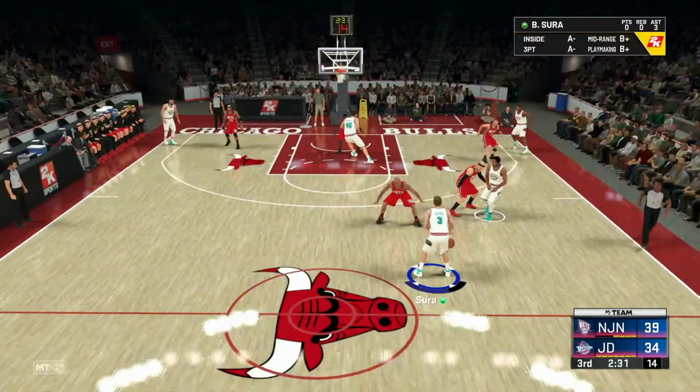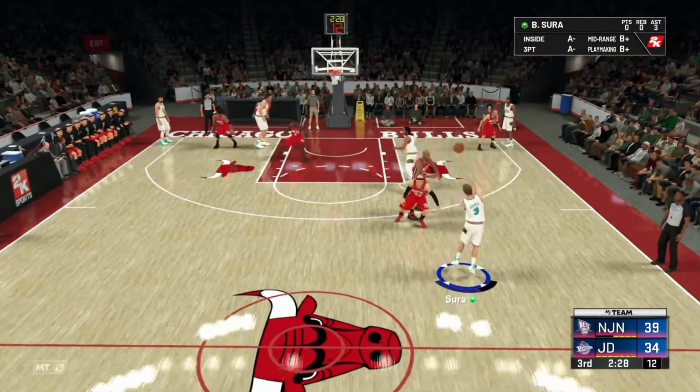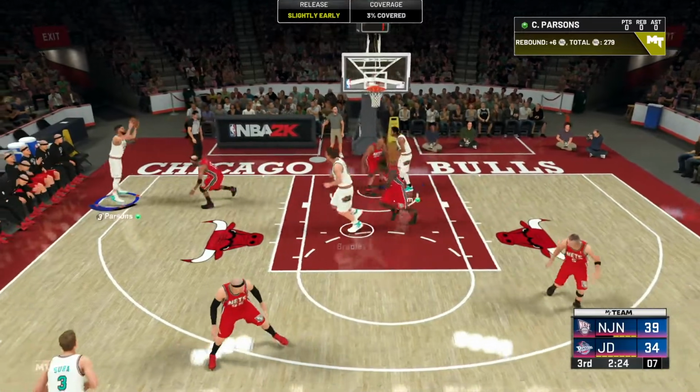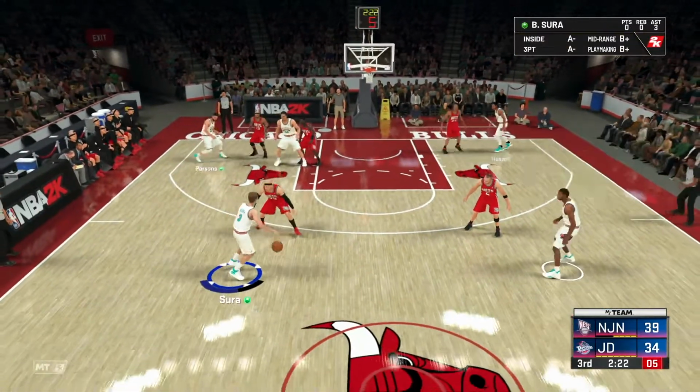We're close. Alright, we've got a good stop on the defensive end, and Haslem is running to the rim again, and he has been blocked. He has got the ball back, though, so that is nice at least. Right,